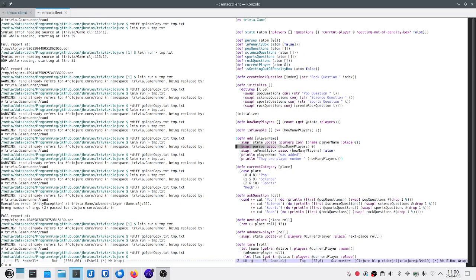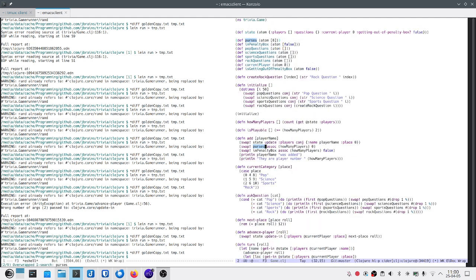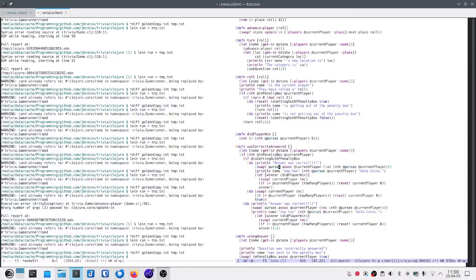No, I didn't. The next thing to change would be purses. Let's see how many mentions of purse there are. That's it, basically. Yep. This is an update. This is a pay player method. Let's make something called pay player.